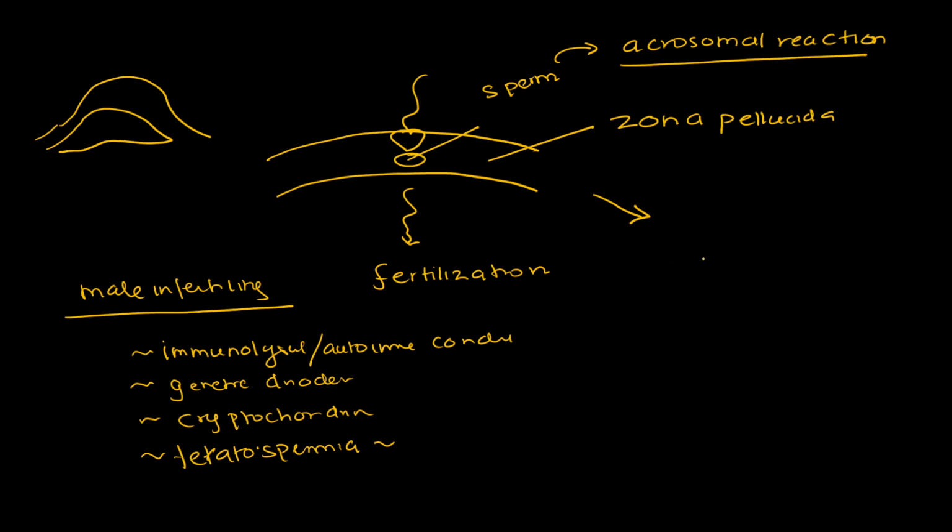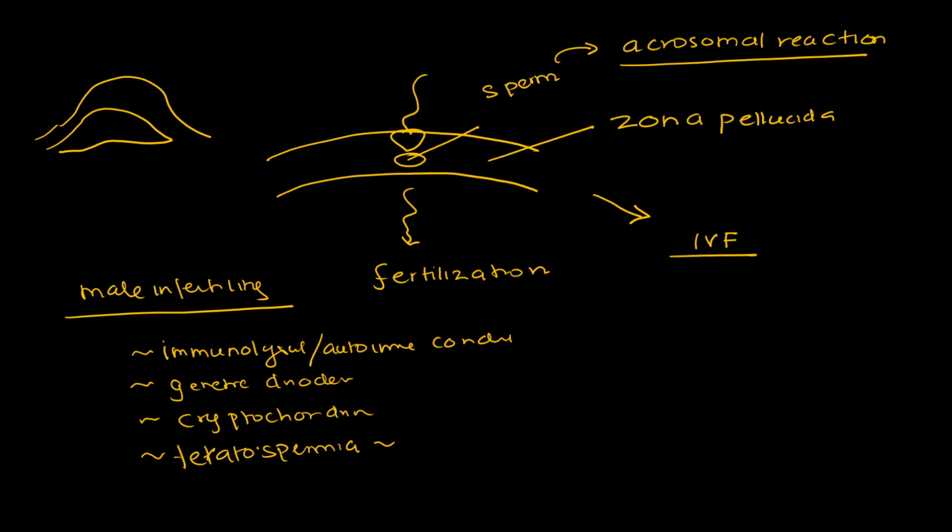So to overcome that, there are methods that can be utilized. Now there is a process that we can utilize for the fertilization. We can do it in a clinical perspective where the ovum as well as the sperm can be taken into a petri dish and allowed to fertilize. This is known as in vitro fertilization. However, in vitro fertilization is not plausible because of the acrosomal reaction not happening in the ideal manner.